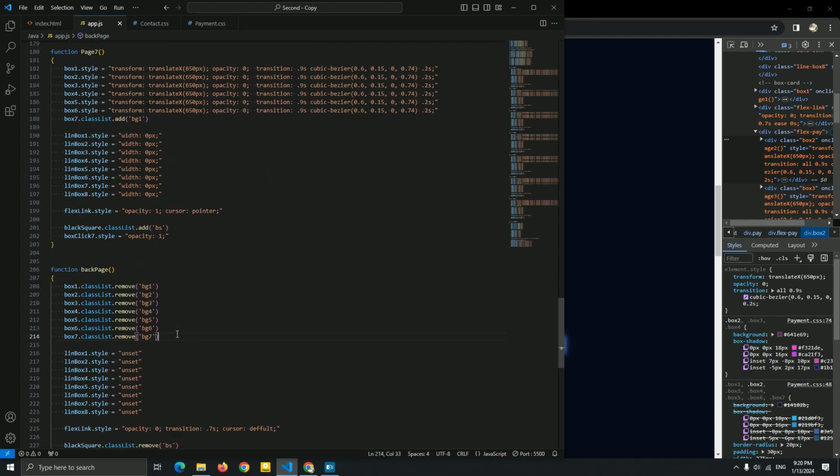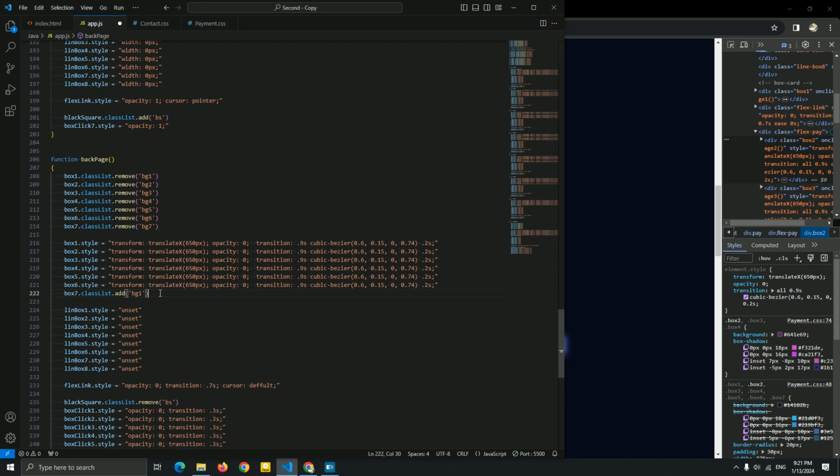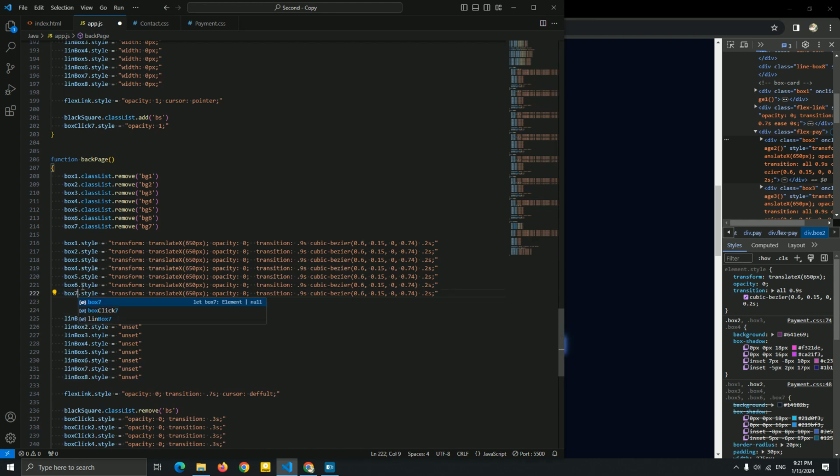So if I just add this here, the box 1, box 2 again, and let me just copy this, paste it. Okay. All you need to do, guys, just add onset to just tell CSS to delete this style that we added here in this HTML. So just add onset to just remove it in this back option.